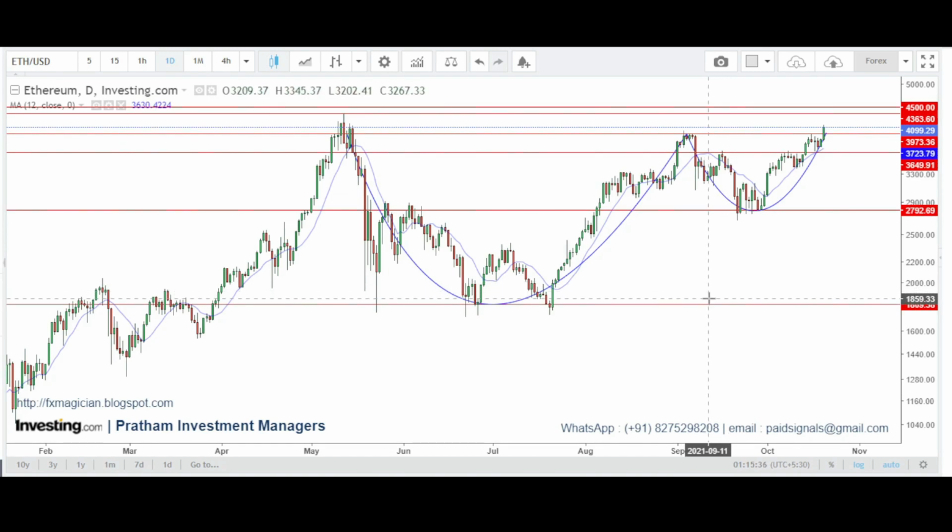Some news may drive the pair. Some events which are based on crypto and which may affect crypto may disturb the sentiments for a short time, and again it may continue its move towards the 6200 area. So for me, this is the best opportunity to trade a cryptocurrency, which is Ethereum, and the entry level is currently the 4100 area, which is slightly above the breakout zone.